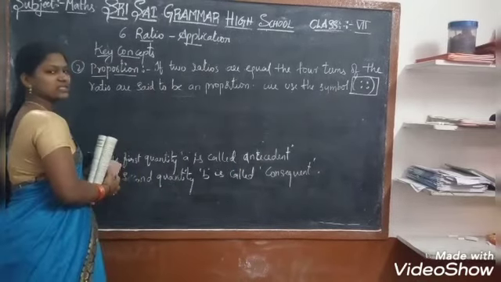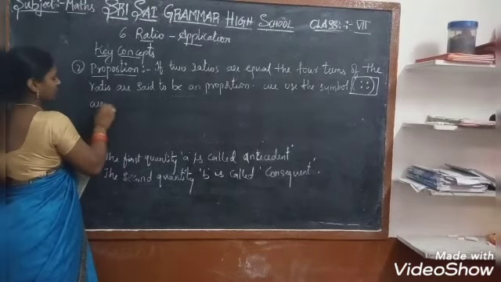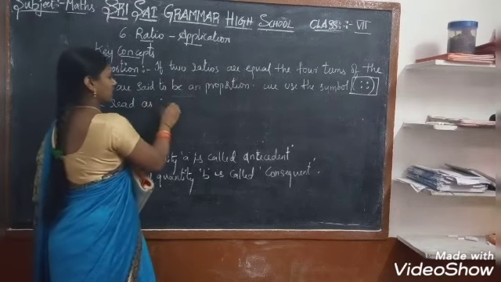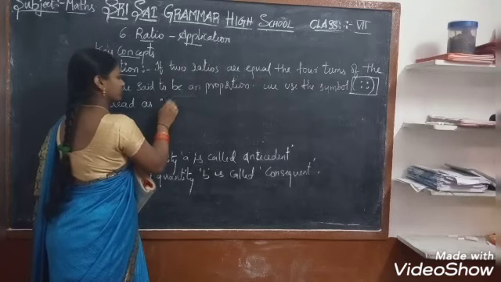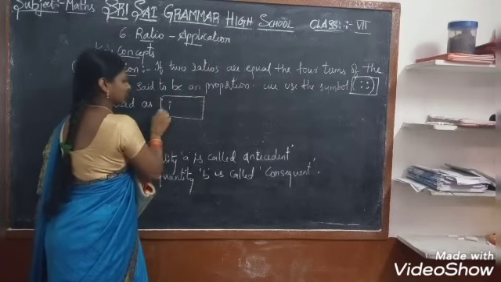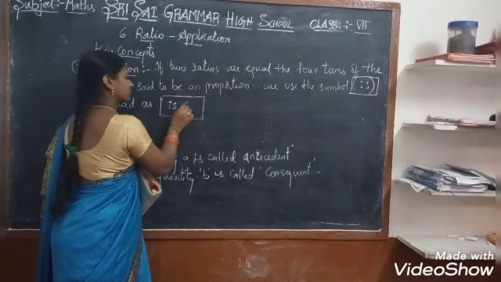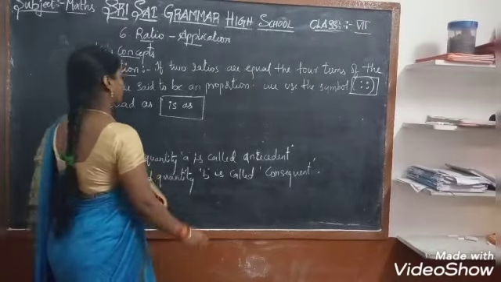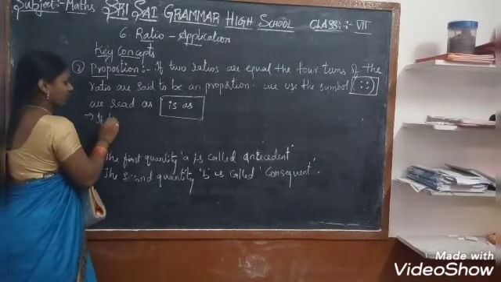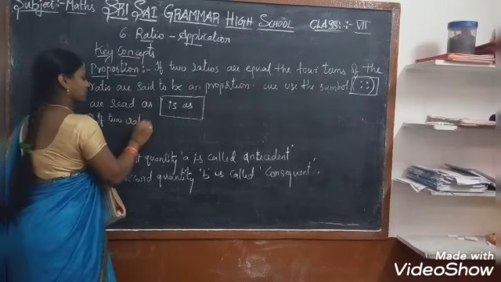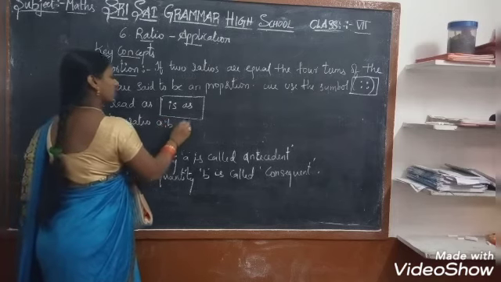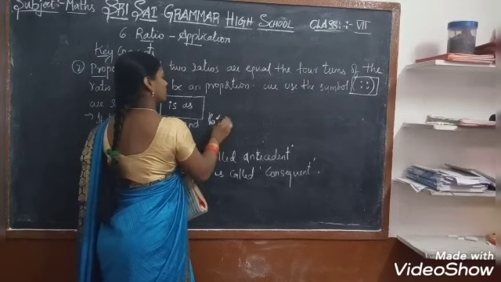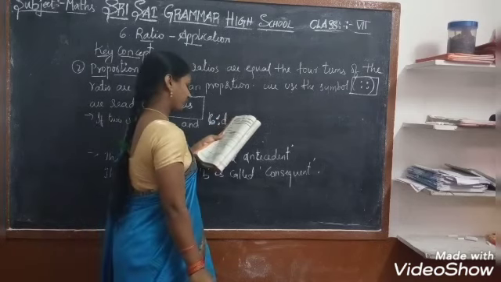Yes, we use the symbol. We read it as "is to". And if two ratios, A is to B and C is to D, are equal,